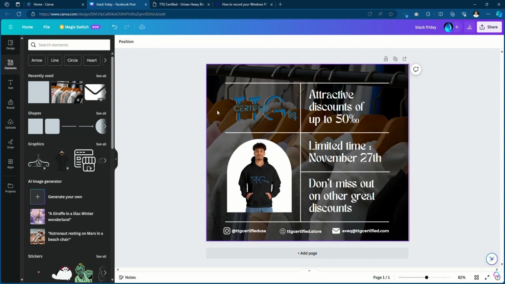We are now able to put the image at the back and the black overlay will be at the top of it. So let's change this, so up to, let's say, 20%.